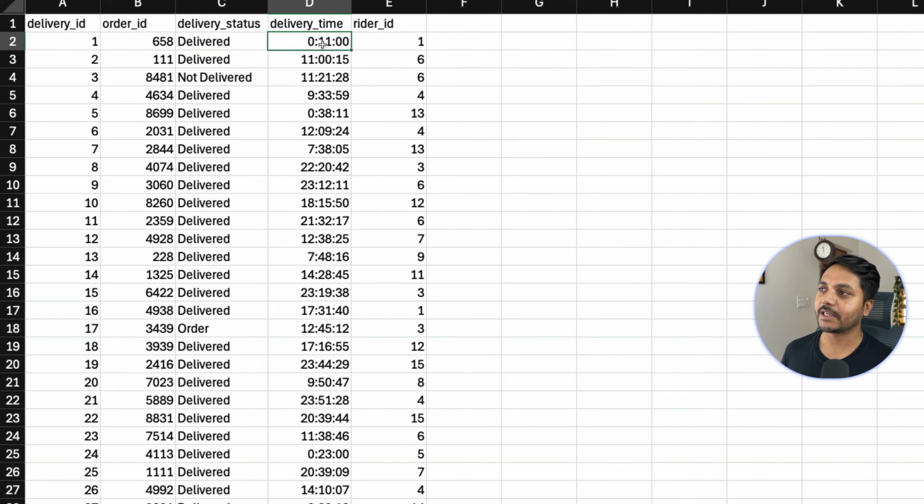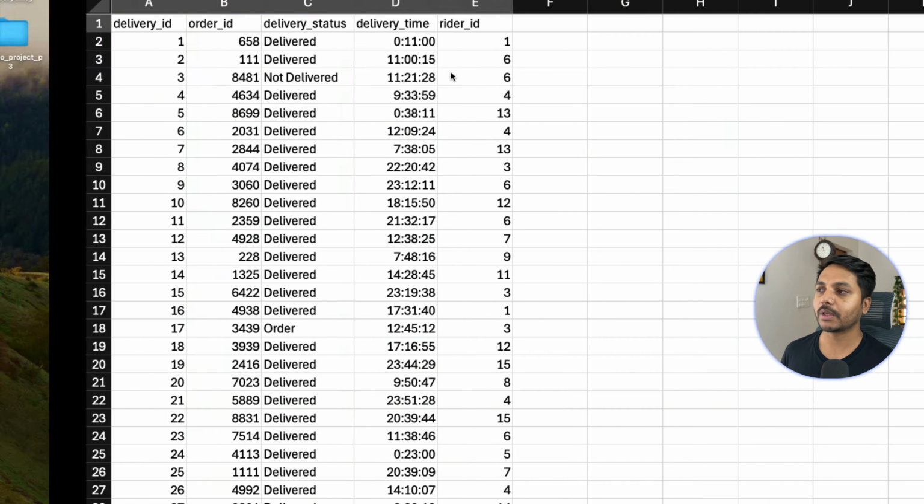Then we have this delivery time and this rider ID, like which rider has delivered. That means this rider table would be one of the child tables for this table. This order table would be one of the child tables, and this is going to be our second fact table. Okay, so we will create this table with all of these columns, but before that we need to create the